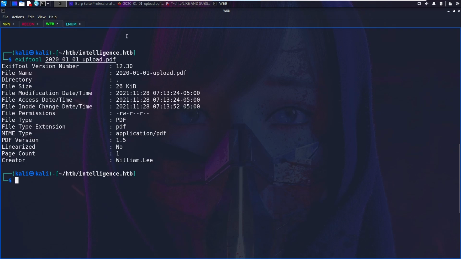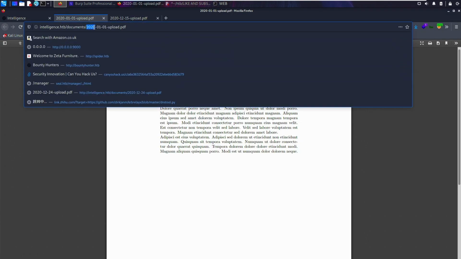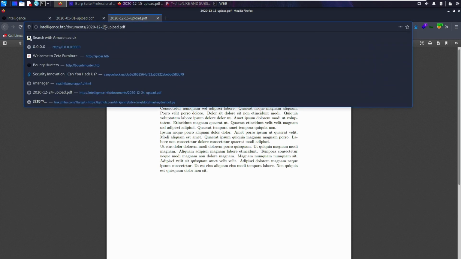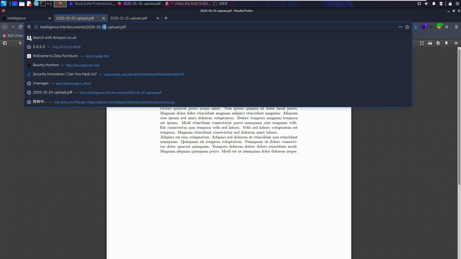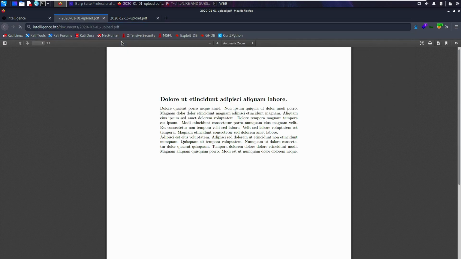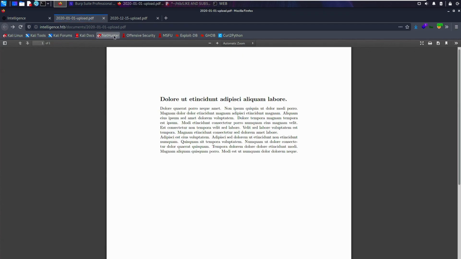So I'm going to build a little script to enumerate these, because I know that there's a year, and from what I can see here, this must be the month, because this is 15. So we have the year, the month, and the date. I imagine if I put a 3 in here, we might get a different document. I guess, who knows? Yes, we got a 404 in this case. I basically want to see, am I going to get another document? So let's go ahead and